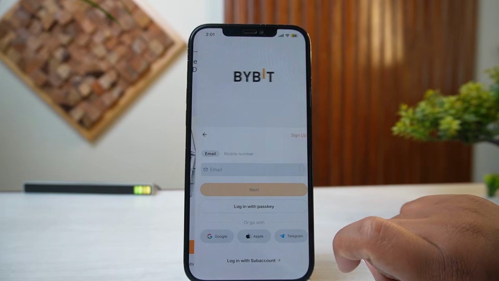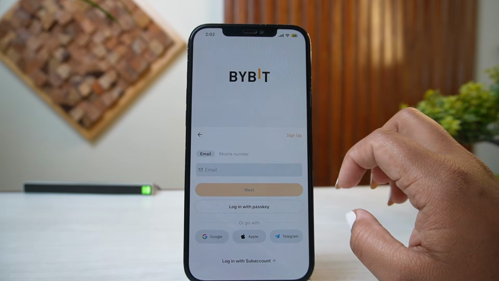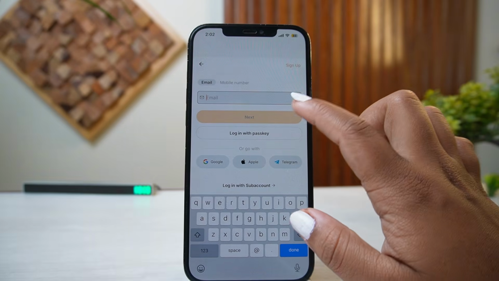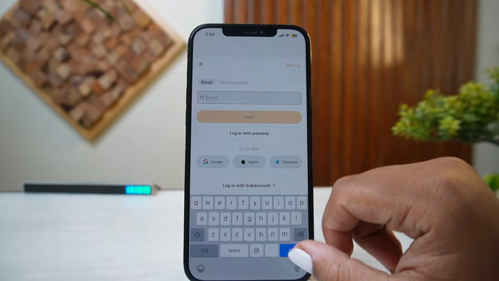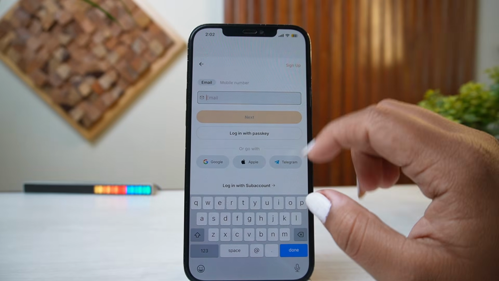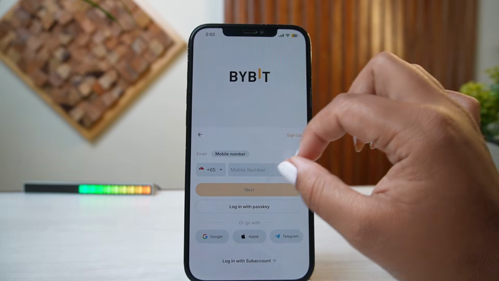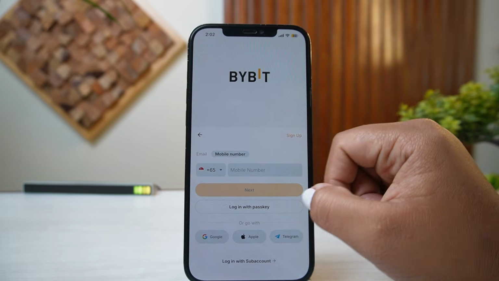now on the very bottom, and when you tap on it, you'll be able to get into the login page where first of all you can add in your email address. Then when you tap on Next, you'll be able to add in the password and log into your account. You can either use your phone number too if you want to. You can tap on the mobile number right here and then add in the mobile number